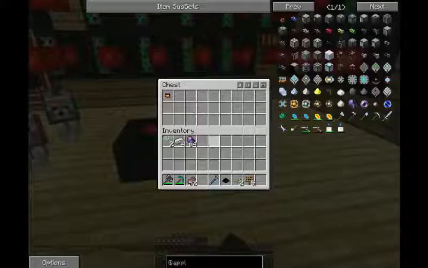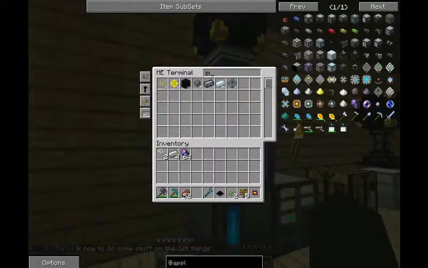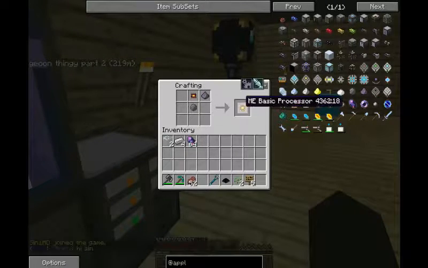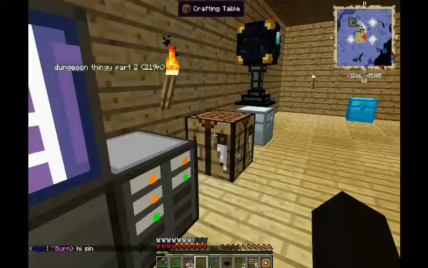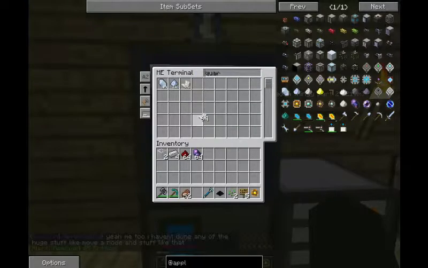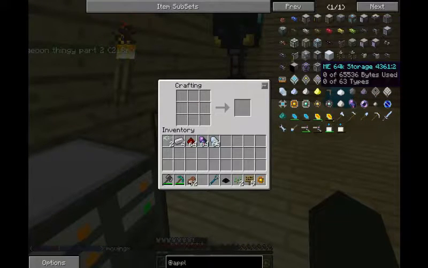Alright, so, ooh, that's already done, nice. Let's grab some of my silicon and my fluix. Alright, so I make craft terminal. I need redstone and quartz, of course. Redstone, quartz, wrong kind of quartz. I need the ones of the Certus variety. Alright, and then